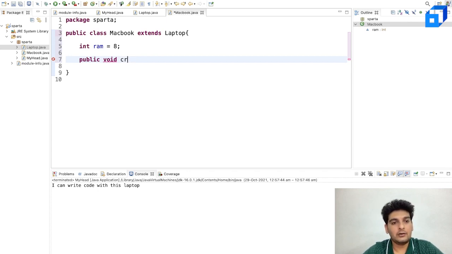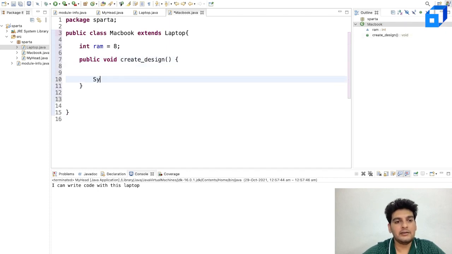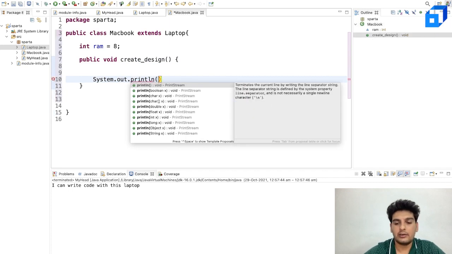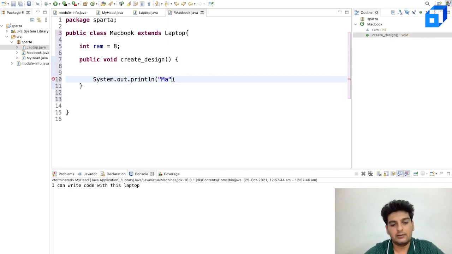So I'll call this createDesign, and inside this, let me put in the braces properly, and here again I'll just have System.out.println, "MacBooks are best for design purpose."